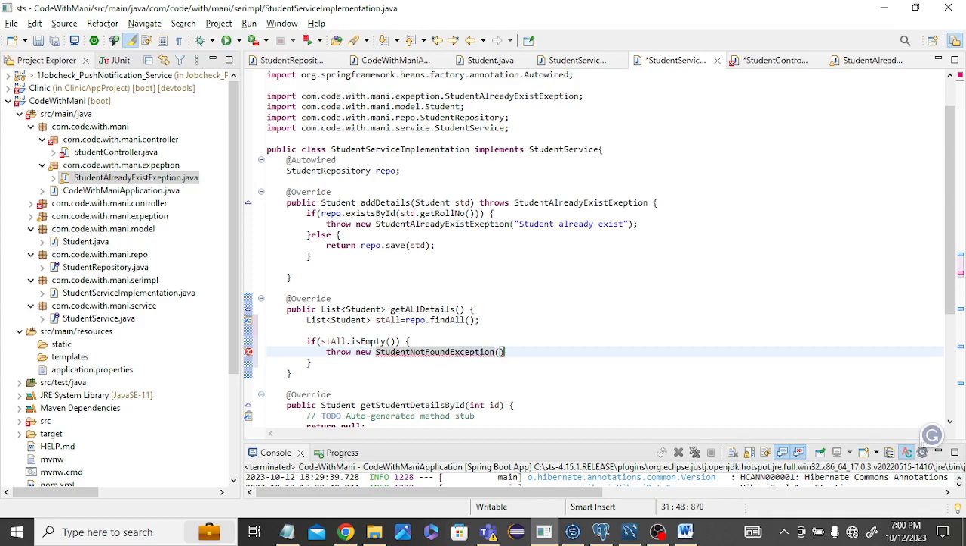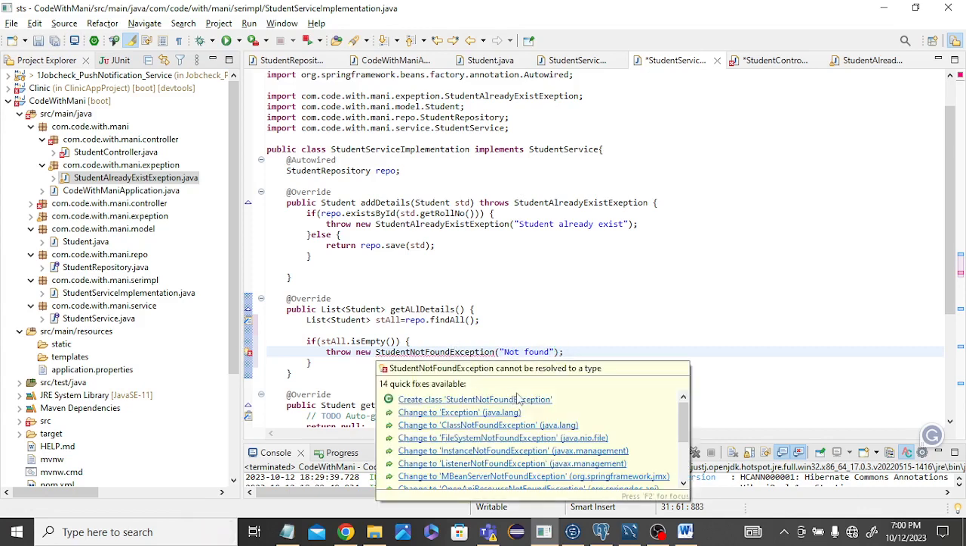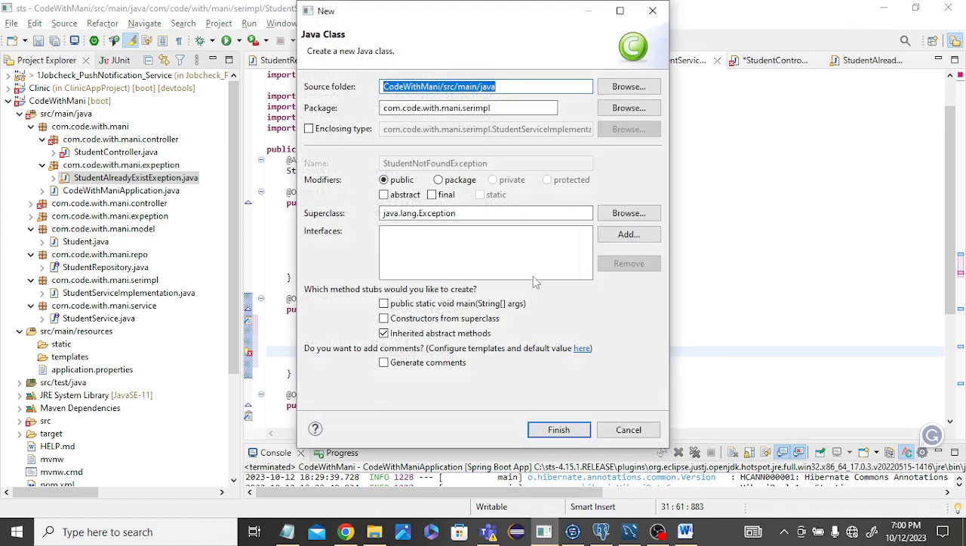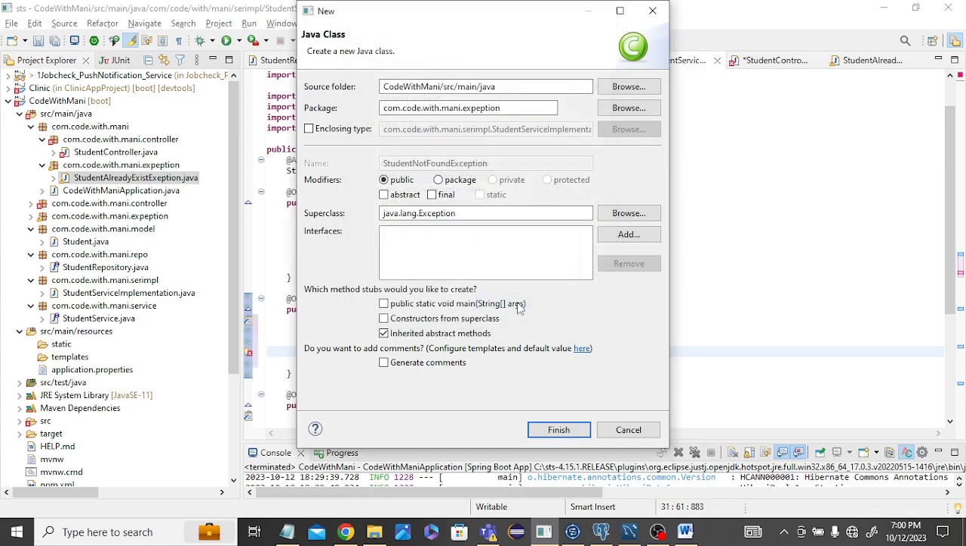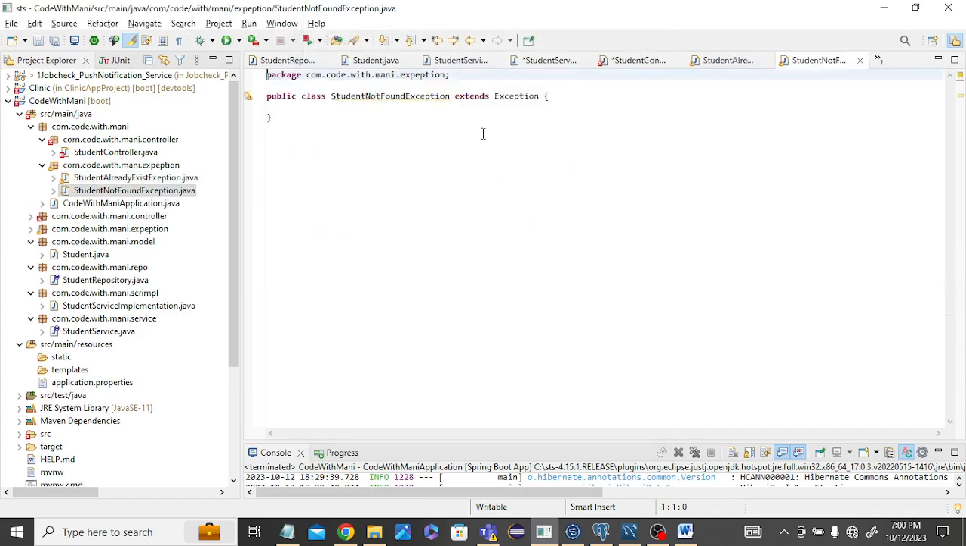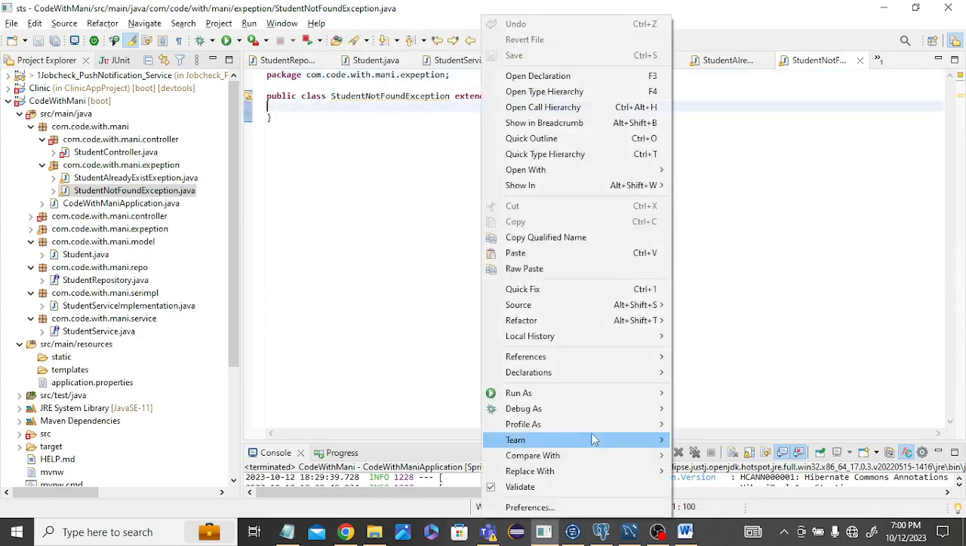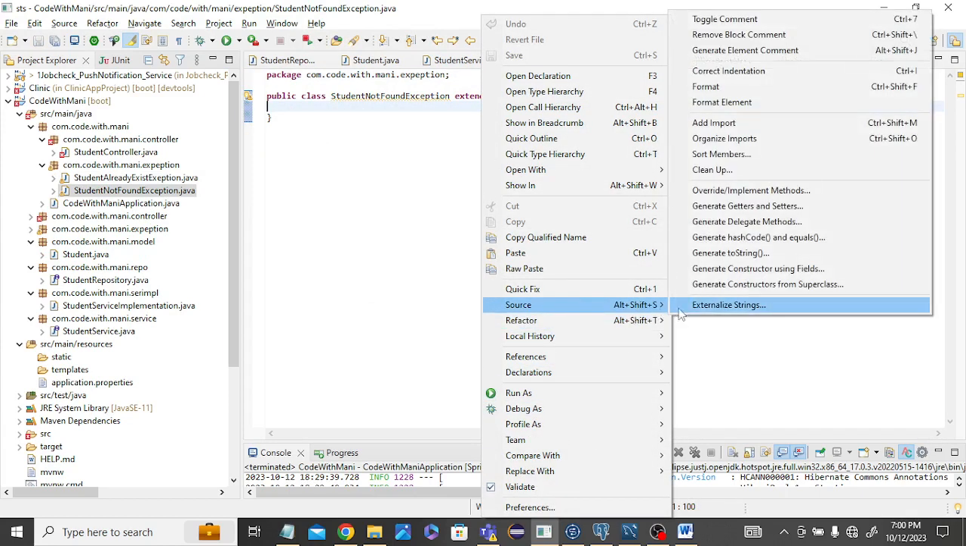Okay, now I already told how to create the exception. Not found, anything you can write. Okay, then click here and create the class. It should be in the exception package. We already created the separate package for the exceptions. So right click and source this,